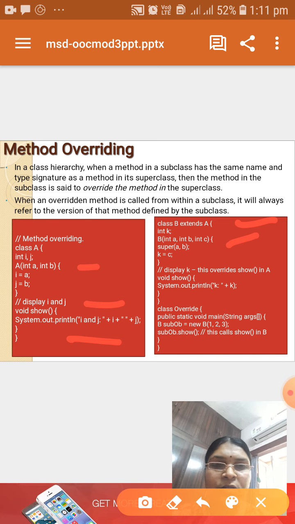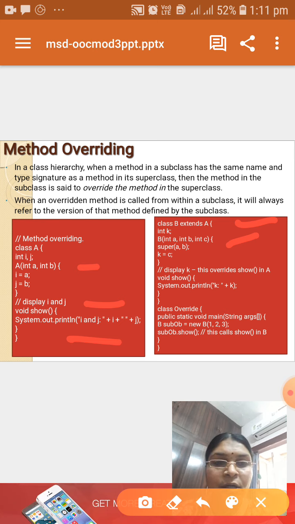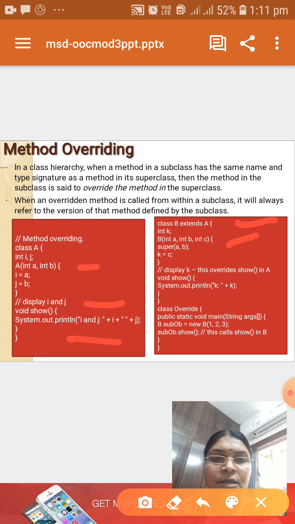This is because class B has totally 3 instance variables now. It has received a copy of i and j from its parent A, and it has defined its own instance variable k. That means totally 3 instance variables are there for B. That is why it is taking 3 parameters.